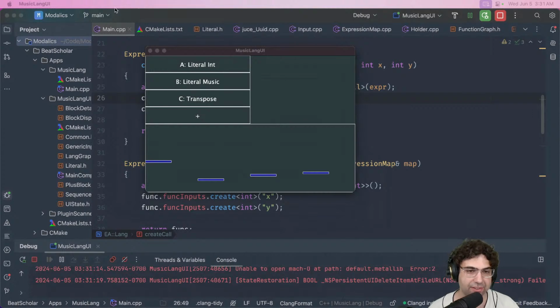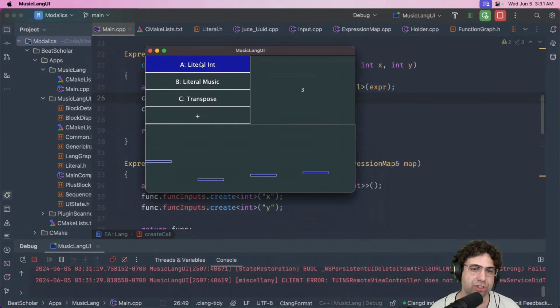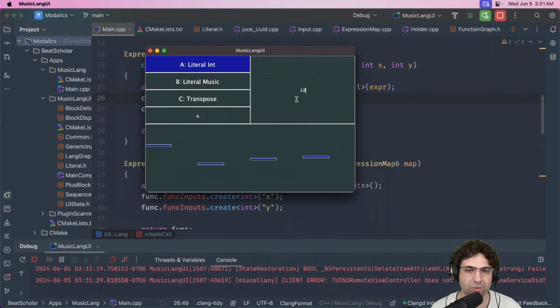So what this does in general is that you can see each one of those represents a function. This is just a function that is literal, like it returns a constant number, like 3. And this is a function that returns a piece of music, which right now is just a hard-coded sequence of notes. And transpose takes music and a number for how much to transpose, and it returns it. So if this were a different number, like 10, it's going to be higher, 12 higher, -3 lower. That would be the idea.